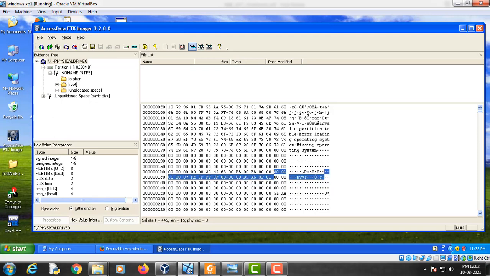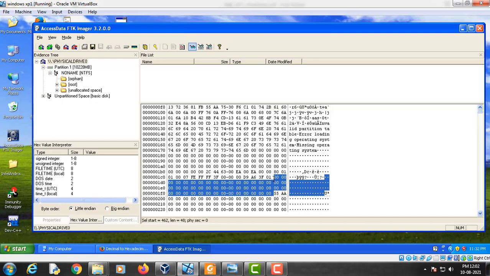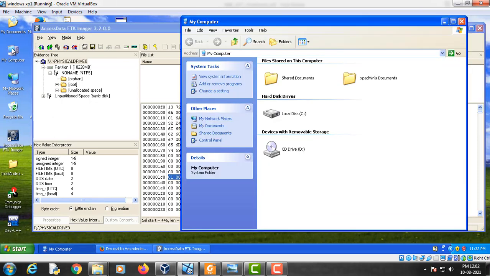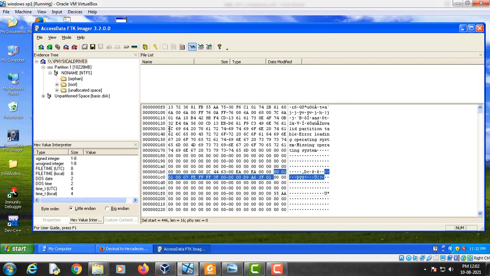Since these values are 0, it means that this NTFS file system has only one partition, which is this, and we can verify this by going here. As you can see, there is only one partition, there is only one logical disk by the name of C drive. So this NTFS system has only one partition.